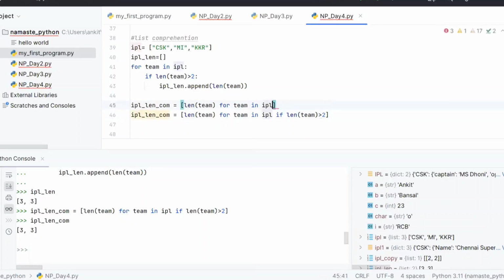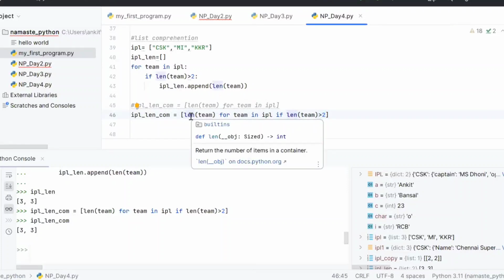Can we add elif, if, elif, else, multiple conditions here? What we are doing here is using it as a filter. I'm giving a condition, and if that is satisfied, then the element goes in. So it is just a condition.